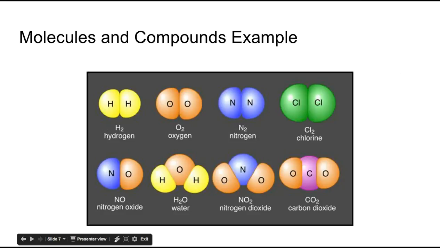Now here's an example of the molecules and compounds. You can see hydrogen right here, as I stated earlier, H2, one hydrogen, that makes a molecule. And here you see nitrogen and oxygen. Now, they've come together to form a completely different substance chemically than what they were on their own before. And they are 2 different atoms. And that's really all there is to it with molecules and